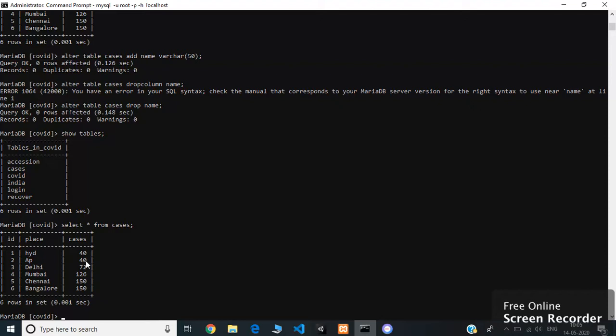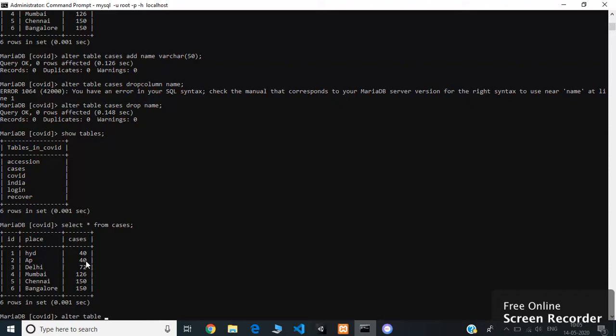Now how do I do that? The command for that is you actually use the keyword called alter. Alter. Now what are you going to alter? Are you going to alter a database? Are you going to alter a table? Database you cannot alter. You'll only have to alter a table, right? So I'll give this alter table.